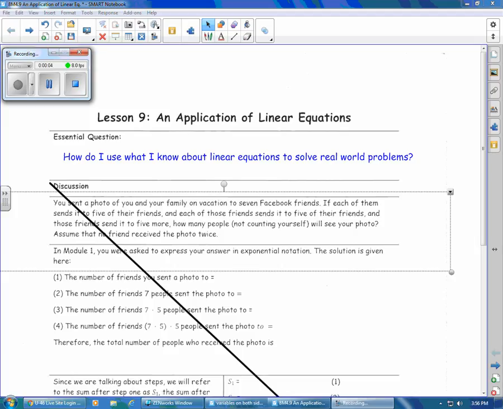This is Module 4, Lesson 9, an application of linear equations. You should be on page 66 of your student notebook. Your essential question for this lesson is how do I use what I know about linear equations to solve real-world